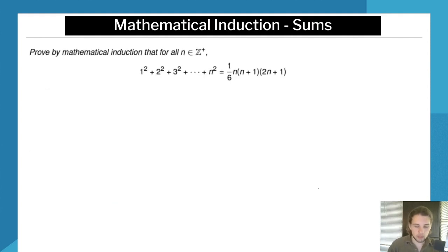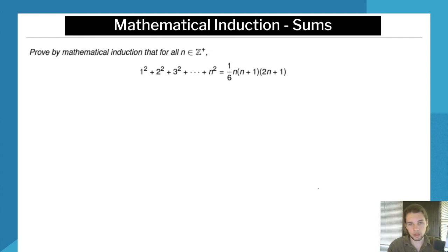Okay, so let's look at this real example of mathematical induction. We are proving that a sum can be modeled by a general formula. So this says 1 squared plus 2 squared plus 3 squared all the way up to n squared, and n can be any positive integer, is equal to this general formula here. So that's 1 over 6 times n times brackets that say n plus 1, and then times brackets that say